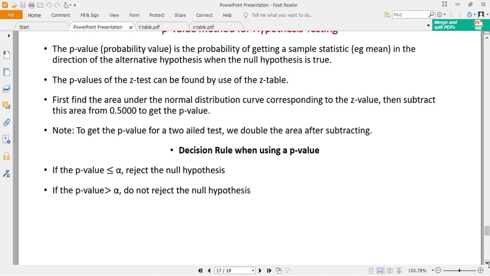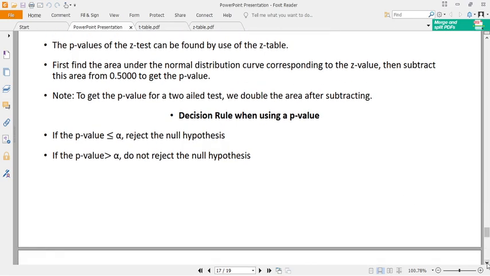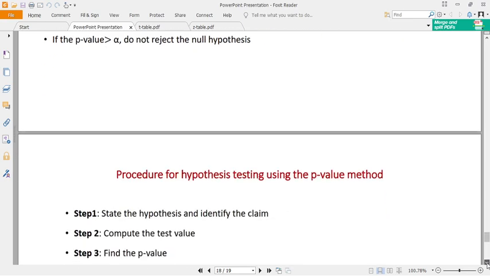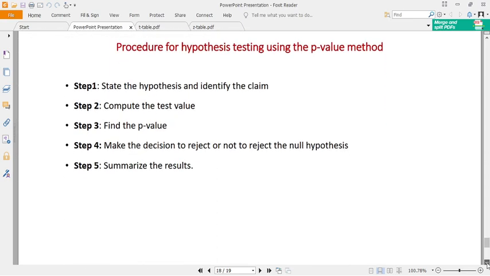So decision rule, how do you make a decision when you've used the p-value method? If you get a p-value that is less than alpha, you reject the null hypothesis. And if the p-value is greater than alpha, you do not reject the null hypothesis. So this is still the method, the steps followed, or the procedure, and they are not different. So state the hypothesis and identify the claim, compute the test value, find the p-value, make a decision to either reject or not reject the null hypothesis, and then summarize the